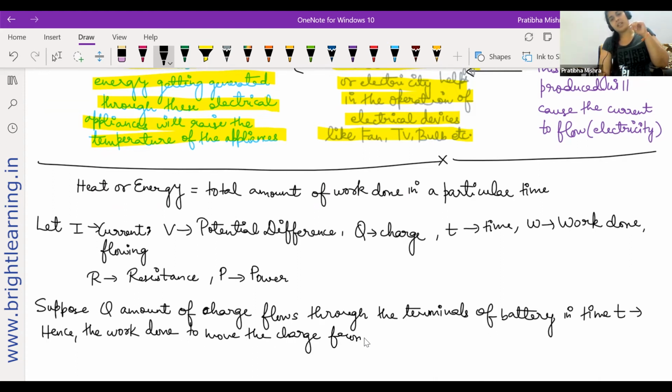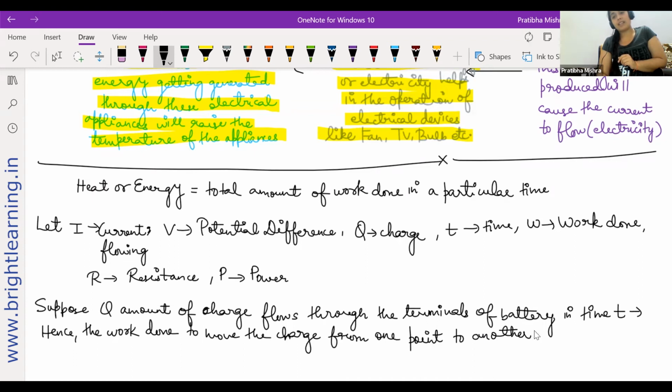Charge is nothing but your electrons only. Because of that only you're getting the charge. It's just that you are denoting it by a different letter, which is Q. That's all. Let the work done be nothing but to move the charge from one point or one place to the other place, or one point to another point.